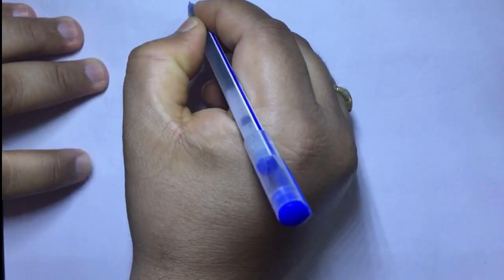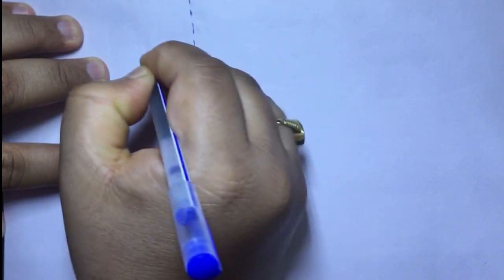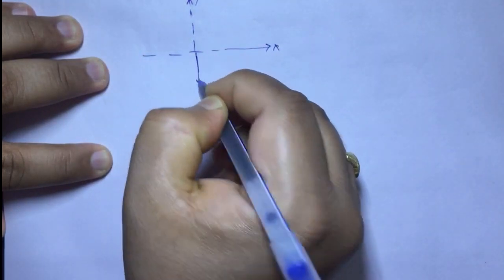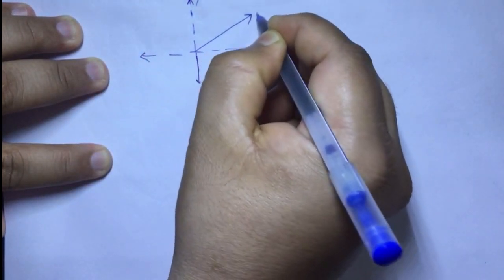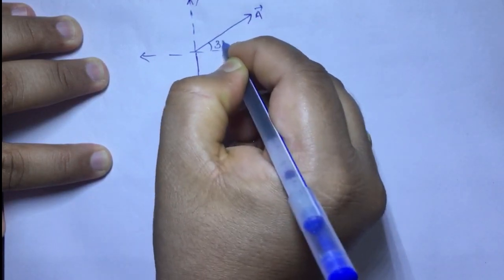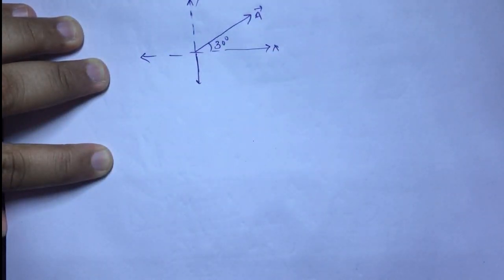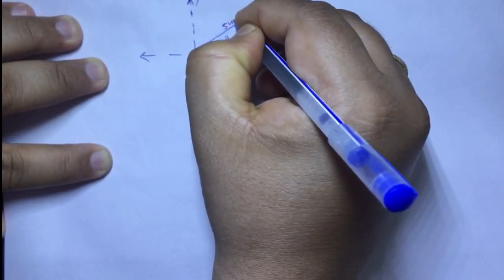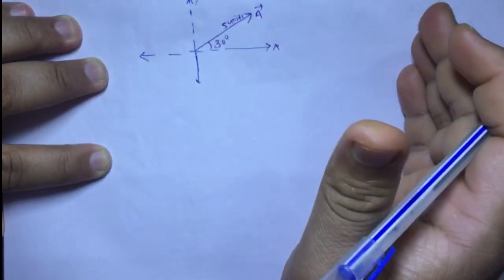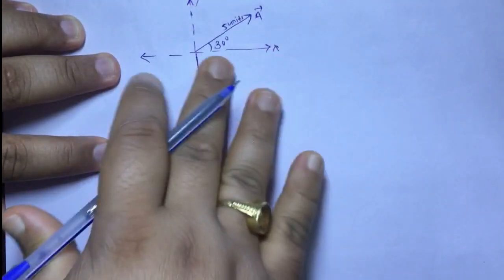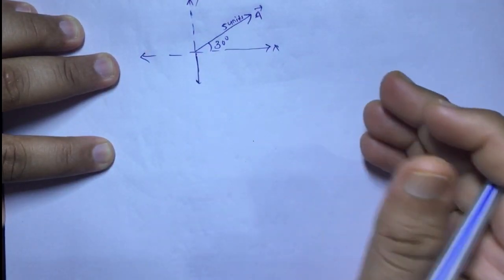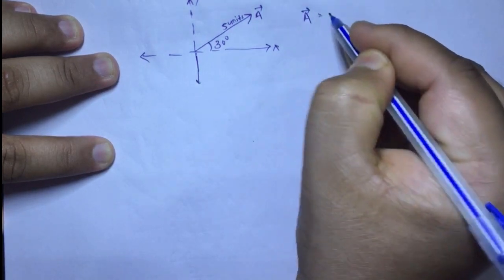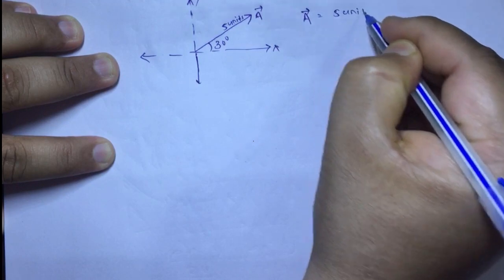Up to now, whatever I have learned, if this is the x vector and this is the y vector, and a vector is given like this, making an angle of 30 degrees here, and it is asked to explain the vector. Let it have a magnitude of 5 units. Write down this vector. You cannot draw, you just have to write it down to explain where the vector is and what the magnitude is. So what I can write is: a vector equal to 5 units.